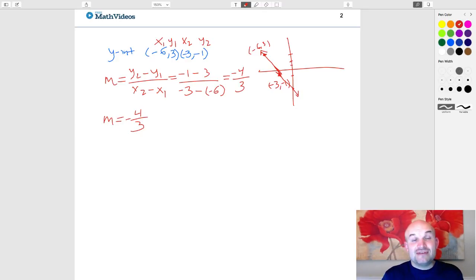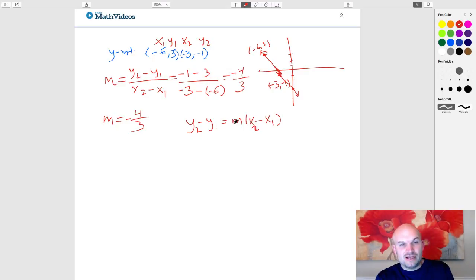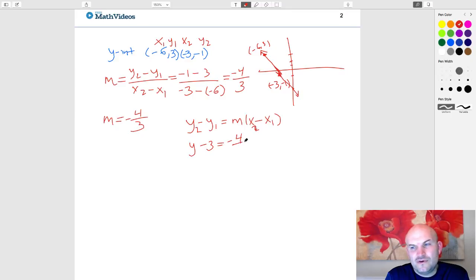All right, so now I can plug one of these points into point-slope form. There are a couple of different versions of point-slope form, but let's use y minus y1 is equal to m times x minus x1. I could use x2 and y2 if you wanted to. It doesn't really matter which point you plug in, but we have m, and let's use the first point. So instead of using the subscript, I'm just going to go back to y. So y minus 3 is equal to negative 4/3,